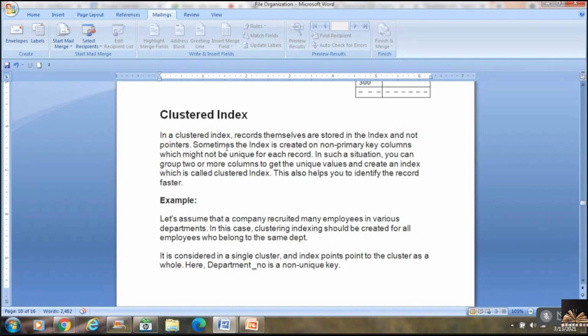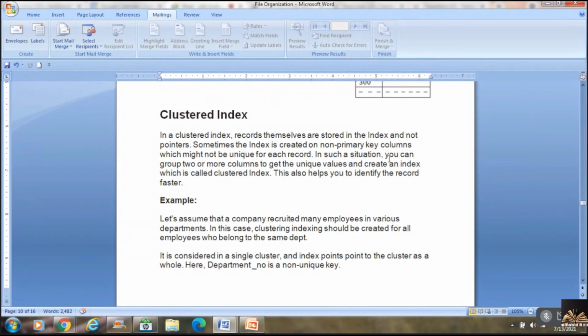What you are trying to do here is create clusters, because you're working with common values. There might be students in a class, employees in a department, or workers in a company who belong to the same unit. For such situations, you work with the concept of a clustered index.